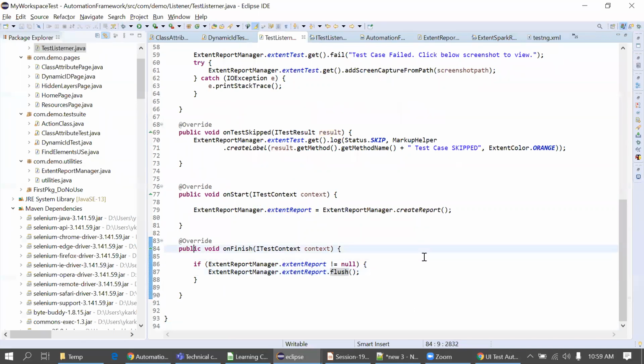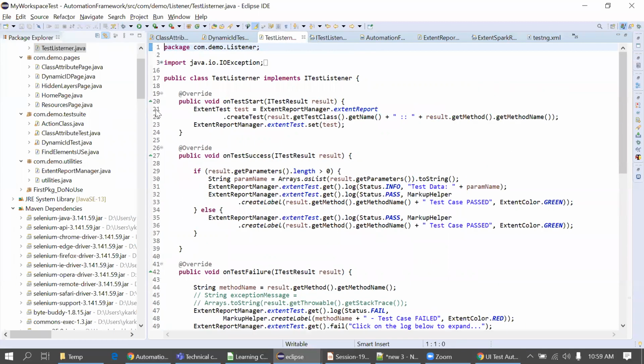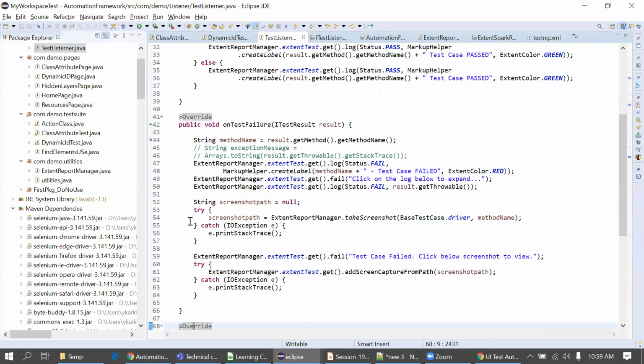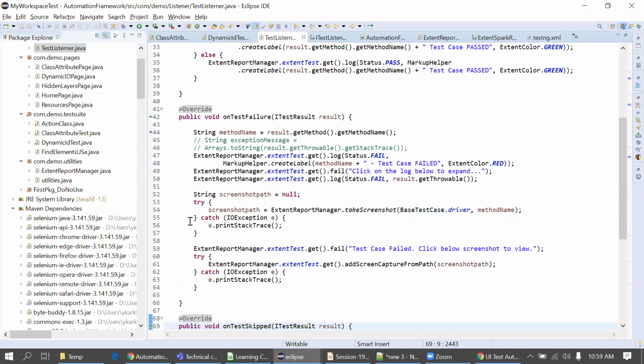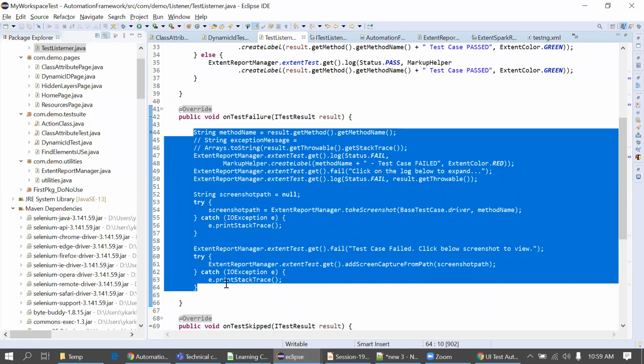So now what will I do? I'll put a debug point in each and every method, and we'll see what is happening. But you should know where you can keep the screenshot code. You can keep it anywhere, but you have to call it in this onTestFailure method of this listener.